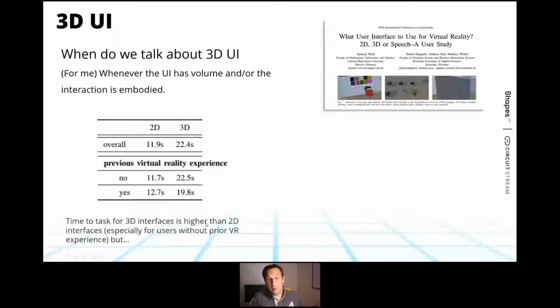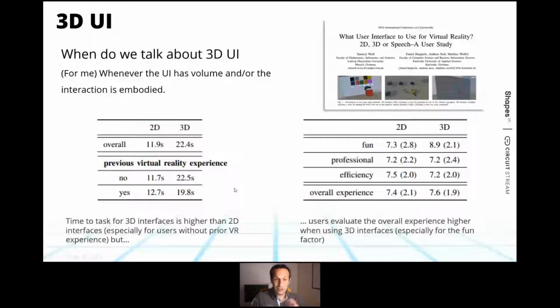So you would say, okay, then we always go with 2D UI. Well, that was only one part of the result. They also evaluated the 3D UIs as more fun, and in general not that different in terms of overall experience. It's actually even better. So what does that mean? It means that when you want to design a 3D UI, where should you use it? These are some high-level guidelines, and then you should feel free to experiment. And one of these is,